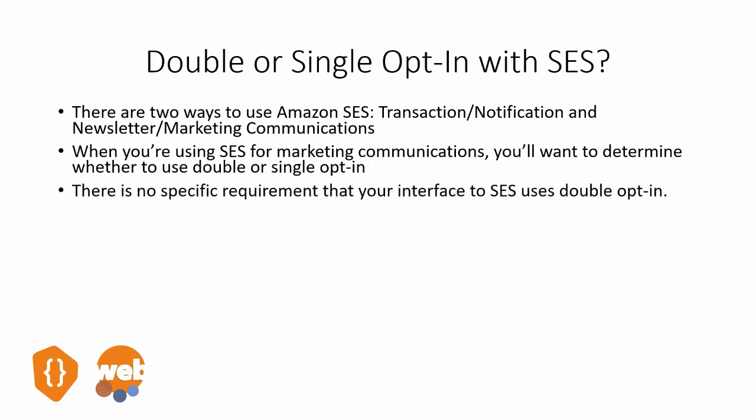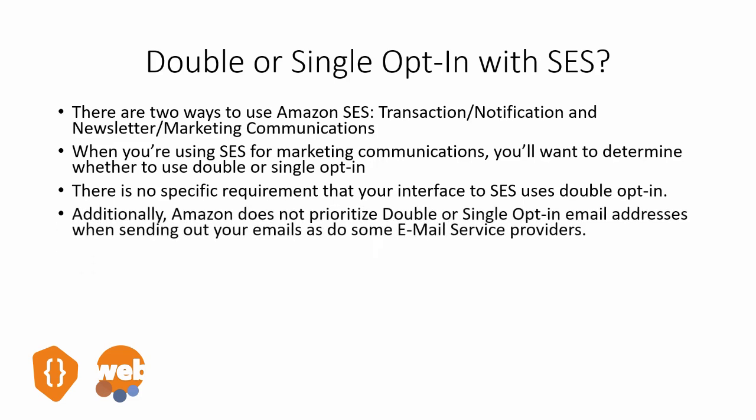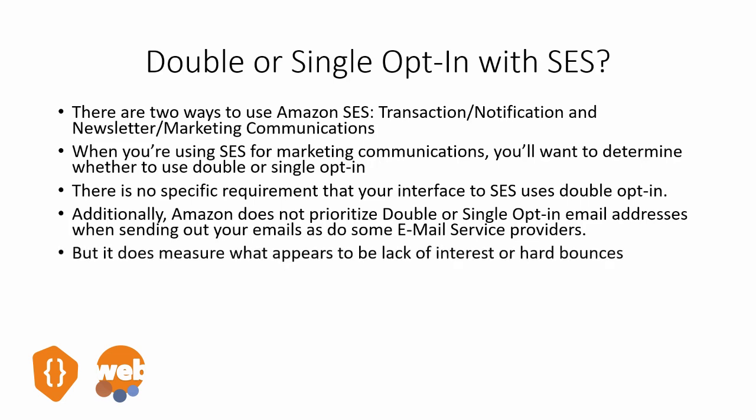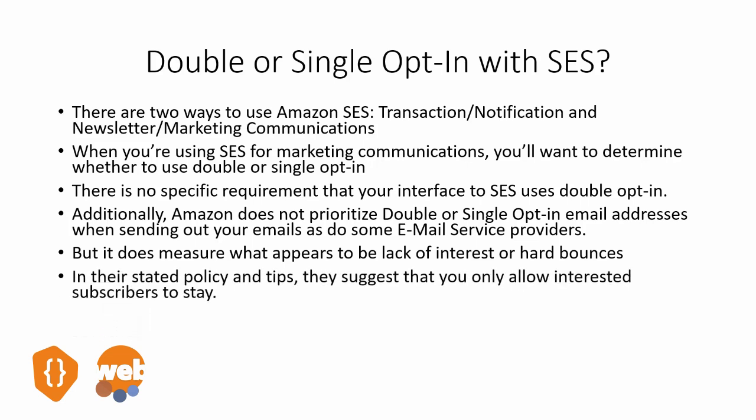And there is no specific requirement that the interface you're using with Amazon SES uses double opt-in. So you can do single opt-in when you're using Amazon SES. Additionally, Amazon does not prioritize double or single opt-in email addresses when sending out your emails, as do some email service providers. Now, it does measure what appears to be a lack of interest through the form of hard bounces. It's their stated policy and tips that they suggest that you only allow interested subscribers to stay, and that would indicate that you are using double opt-in because they've gone through the second level of trying to get into your